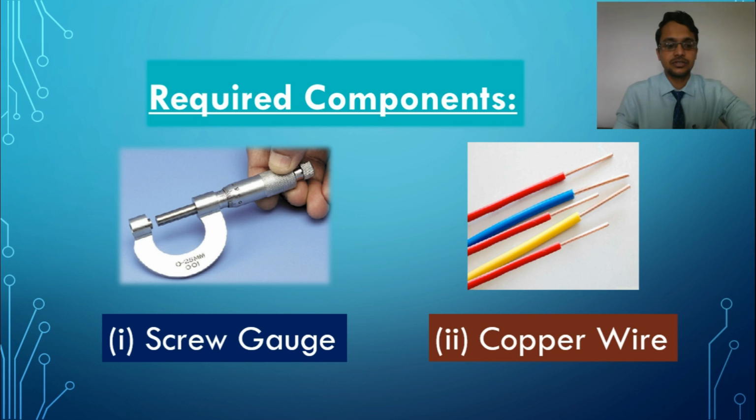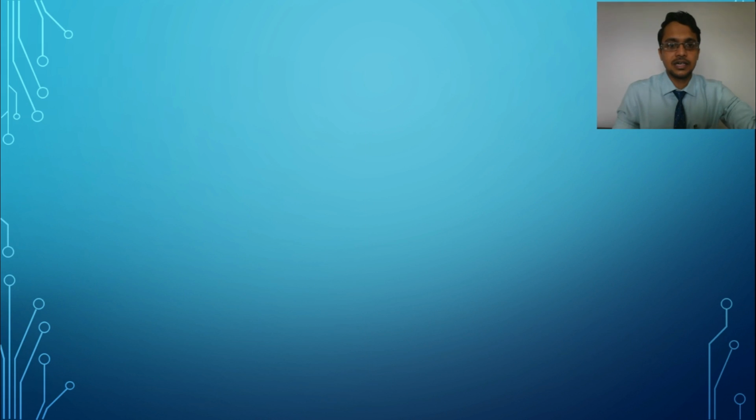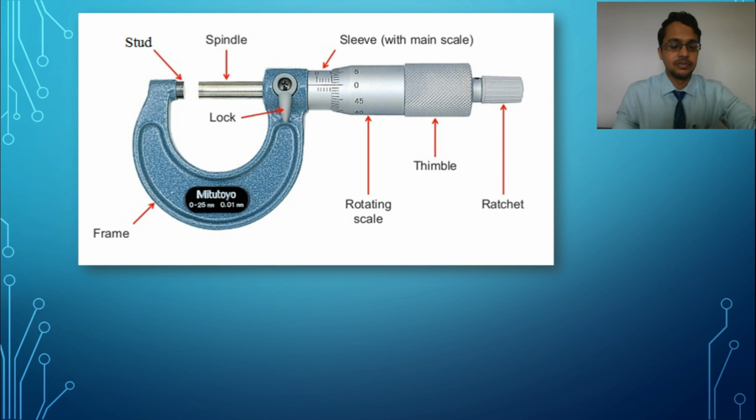Okay. So first we will understand the instrument, what are the different parts of the instrument and what is its application where we can use this screw gauge. Then we will see a few very important parts of this screw gauge. So one by one we will see this. First one, this is the instrument. This is the screw gauge.